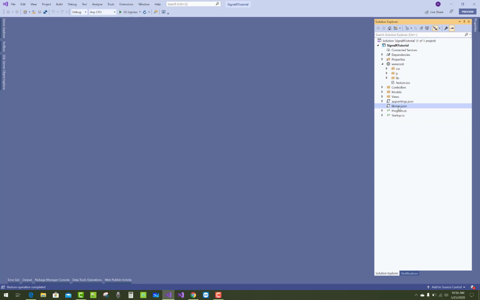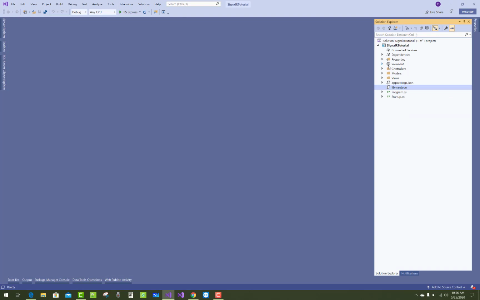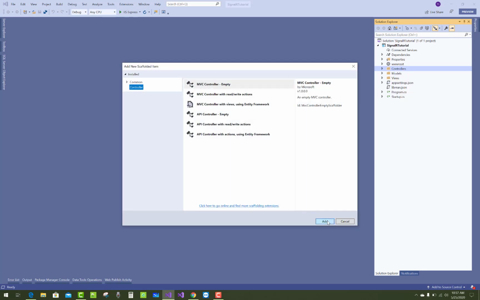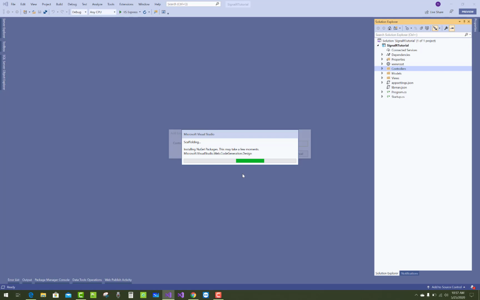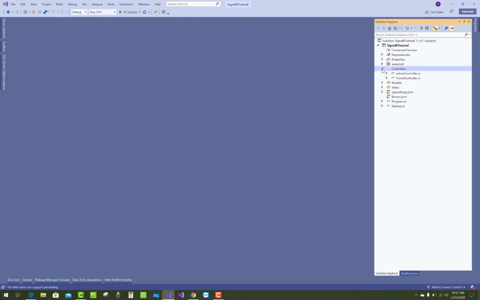You have to look in the lib folder, and the libman.json file shows the path where the signalr.js file exists. Okay, so you can design high frequency apps like gaming, networking, etc. Dashboard and monitoring apps can also be designed, such as sales updates, travel alerts, etc. Collaborative apps like team meetings, and social networking websites, chat, games, travel alerts, and many others. Frequent instant notifications you can design by using SignalR.